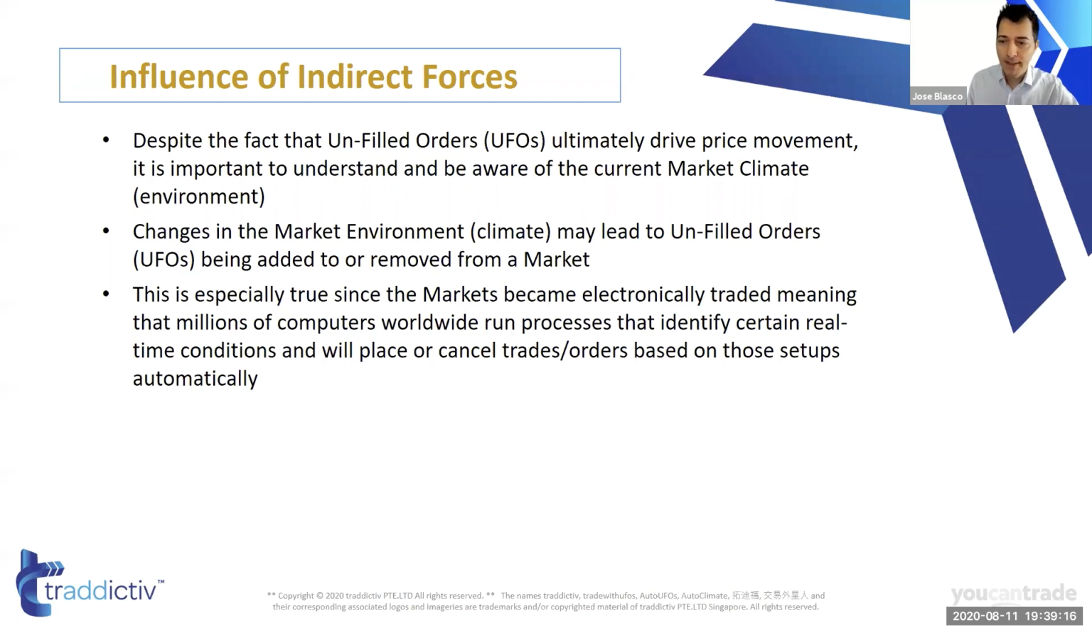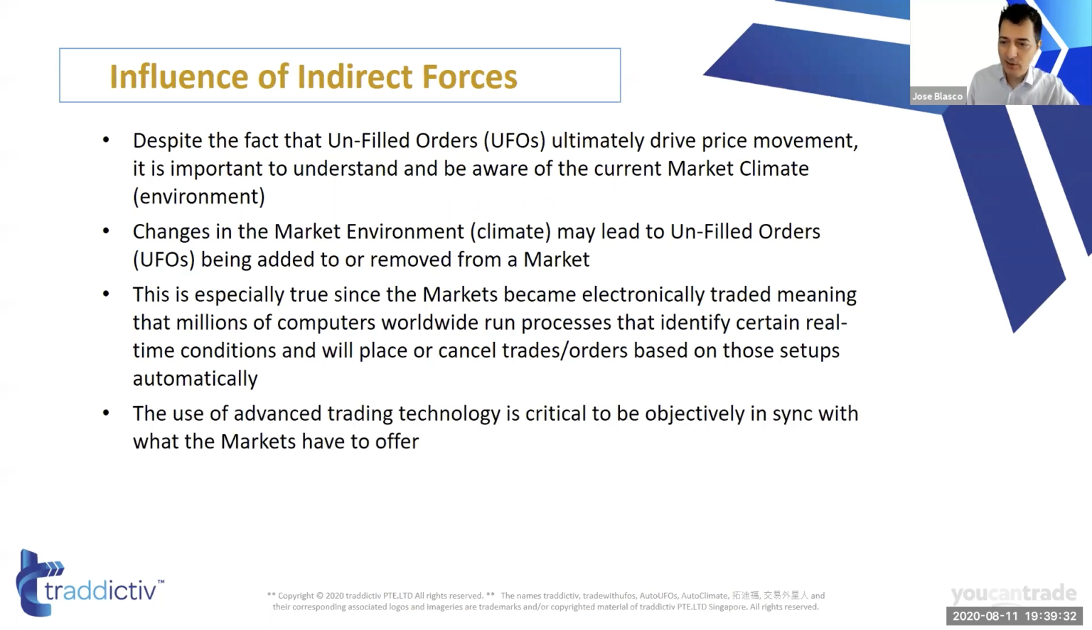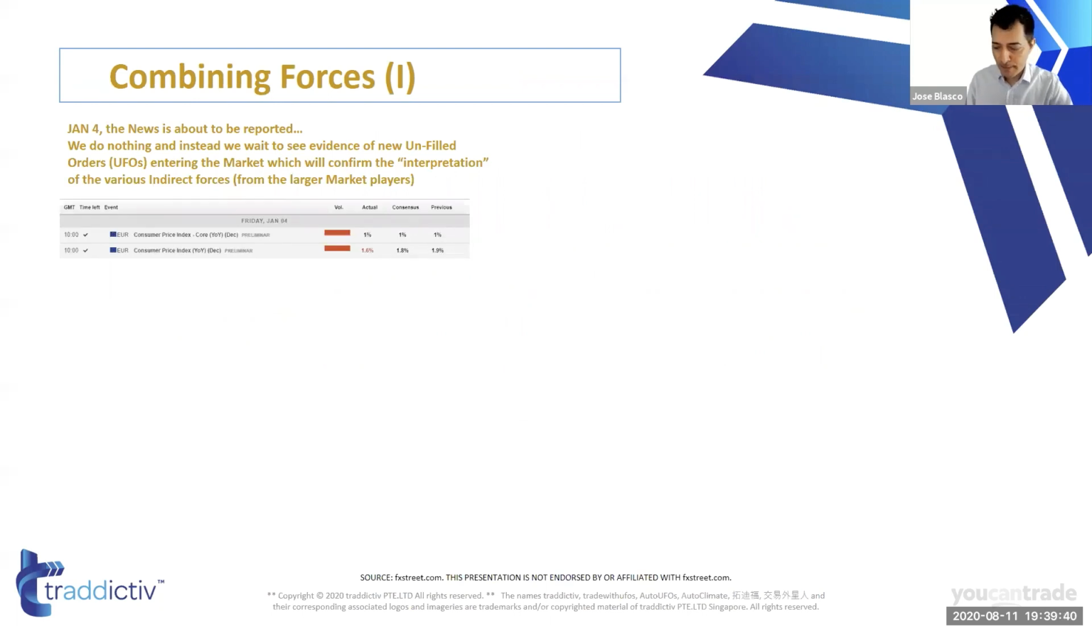Why? Because there are multiple reasons for that, but computers just keep trading in the direction of the climate of the market, which is the market environment, which certainly could change, okay, and did change earlier in the year, but in the long haul, which is what I was discussing right now, it's certainly an up market, isn't it? So the use of advanced trading technology is critical to be objectively in sync with what the markets have to offer. So now, let's get into more powerful examples, because up to this point,